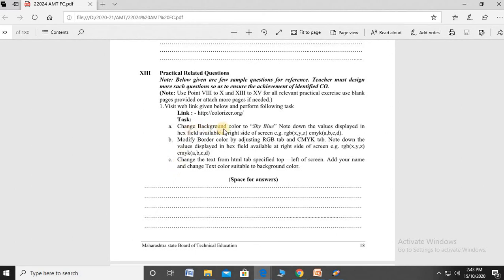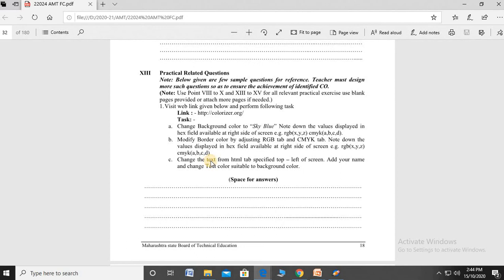In that, first change the background color to sky blue. The background option is available there; change it to sky blue. Note down the values displayed in the fields available at the right side of the screen, RGB and CMYK. Second, modify the border color. Change the border color, RGB tab with the CMYK tab, and in the right screen you give the values.